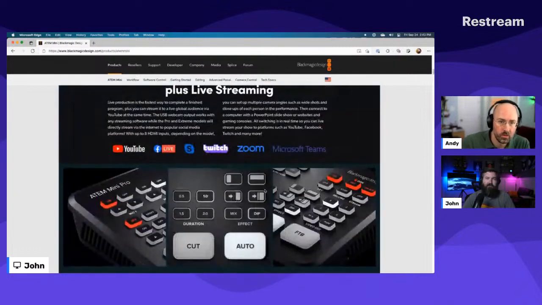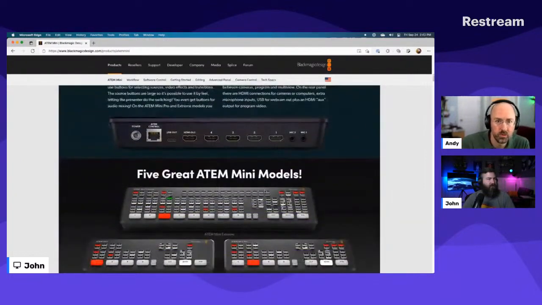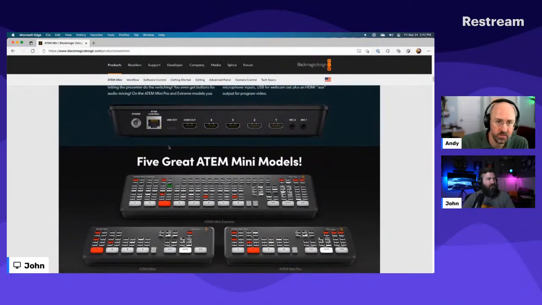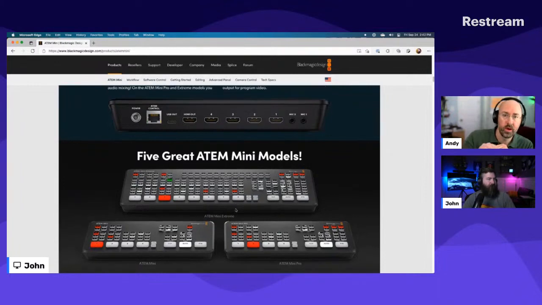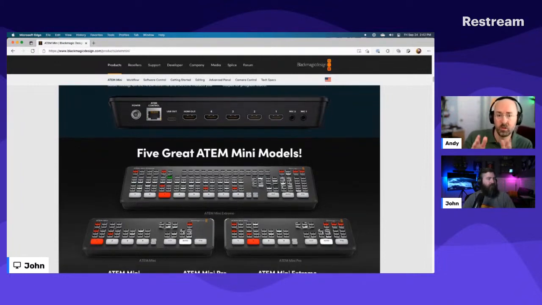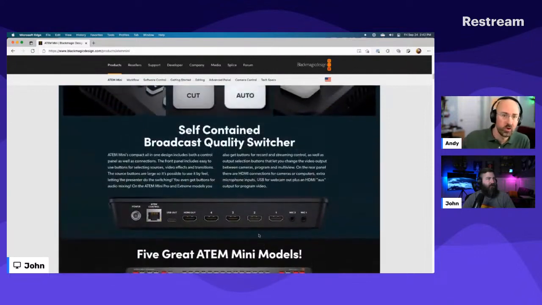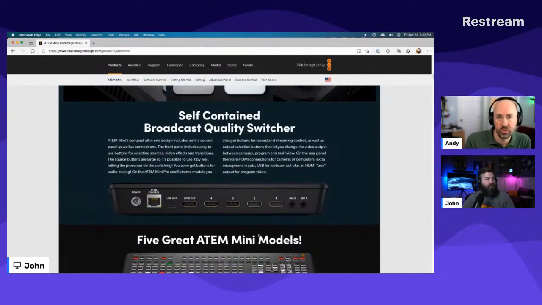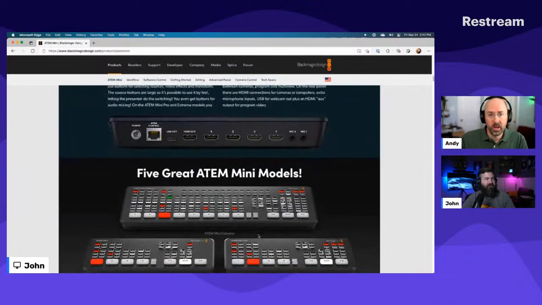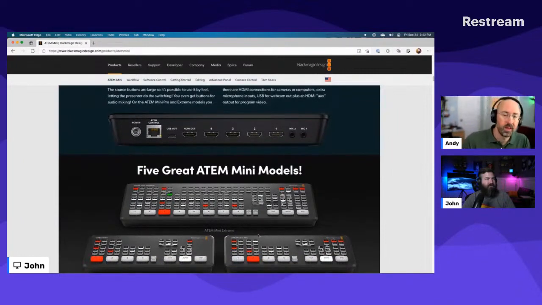So while you're there, can you go back to that? Yeah. You see on the back of this, there's 4 HDMI inputs, and then there's an HDMI out. The model that I have doesn't support the preview out, but the higher end models do, and it gives you a preview out screen, so you can see your feed, what's live, and what you're going to cut to before you actually go live, and that can tell you if all your cameras are actually working. You just need a screen for it. There's a virtual way to do it, but the other models have that built in.